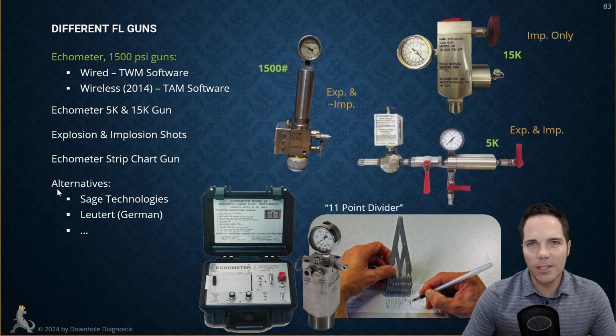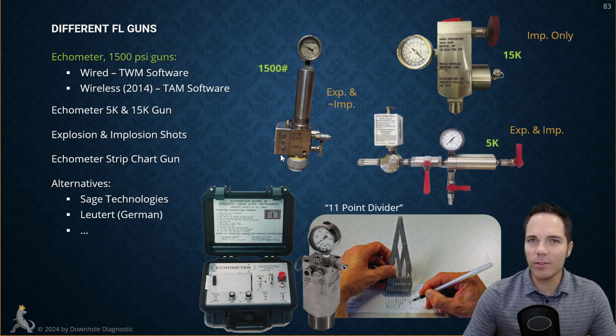So alternatives to Echometer. There is a company called Sage Technologies, which is in the United States, that still sells fluid level equipment, also dynamometer equipment. I would say they're just kind of a cheaper knockoff version of Echometer. So I have not actually personally used their equipment. I've seen it a little bit, and essentially it's going to be a little bit cheaper. One thing to keep in mind, I don't want to say anything about their product, but a lot of people